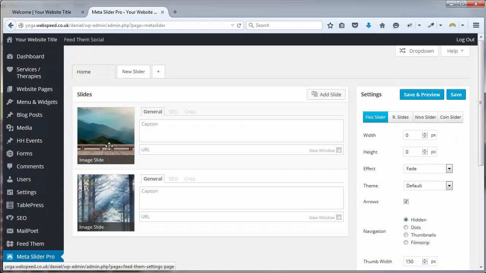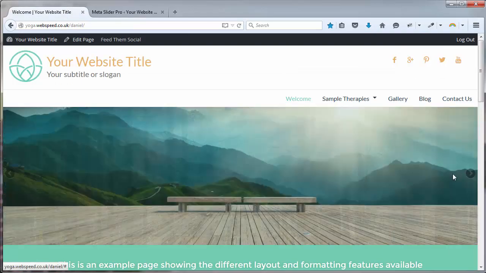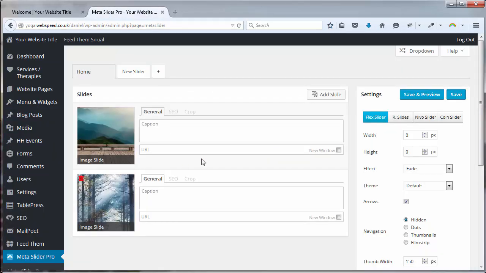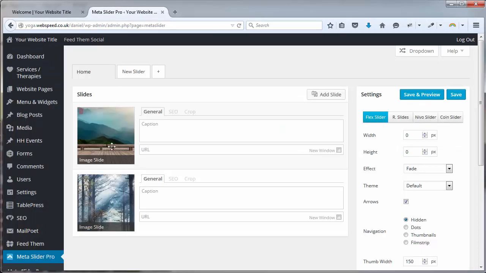If you click on this tab, you'll see there's already some images displaying, which are the images on our front end here, so these two images. So we're going to look at a few things you may want to do, such as adding or removing an image, changing the slide delay, so the time between the next slide that appears or changes, the order that they appear in, and also adding a link to the image so the actual image